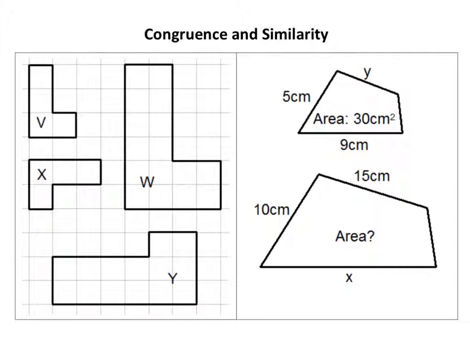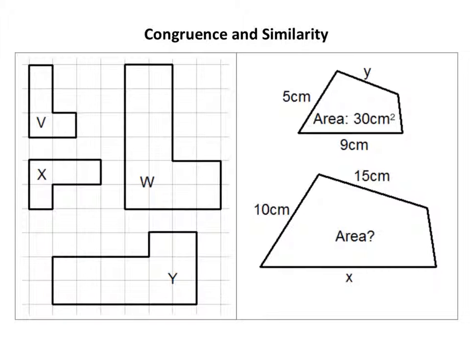Okay, we're looking at congruence and similarity here. Basically, congruence is the posh maths word for exactly the same. So we're looking for two shapes that are exactly the same. Now they can be turned around a bit, they can be reflected, rotated, whatever. Just moved about. But the lengths of all the sides are going to be the same, and therefore the angles are going